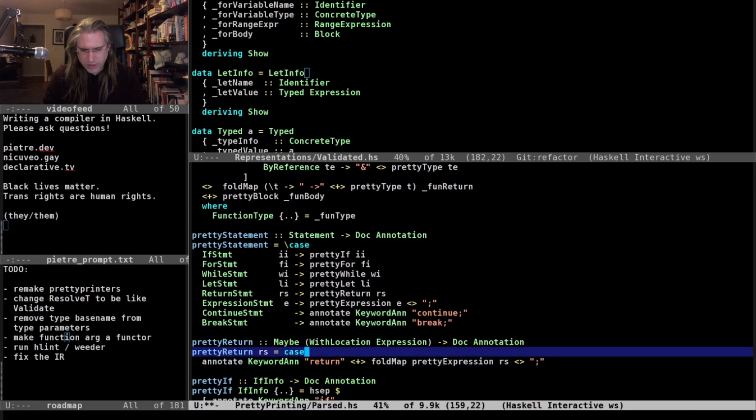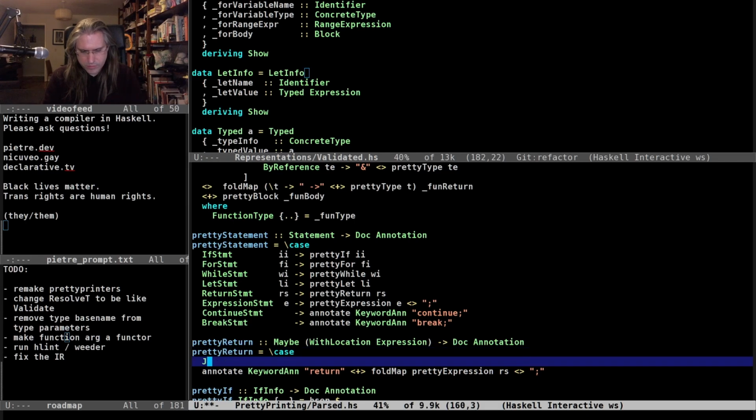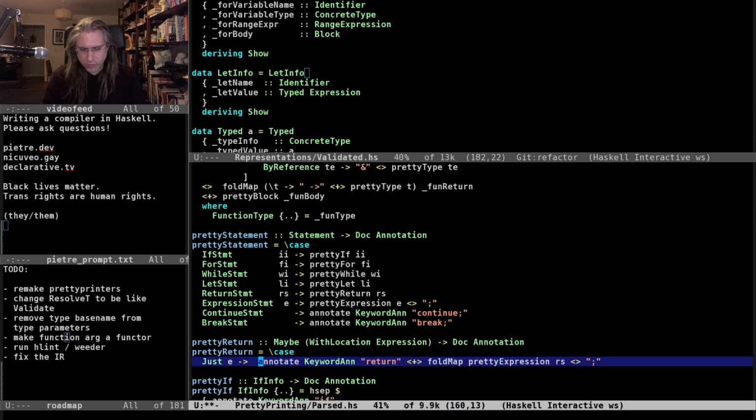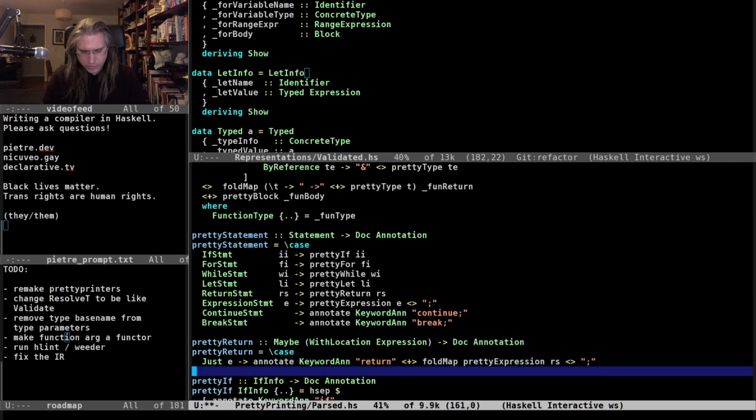So this is a case of... if there is an expression in the return, we can do something like this.